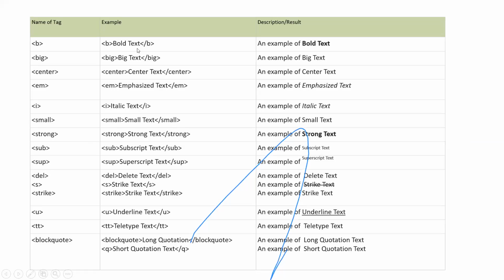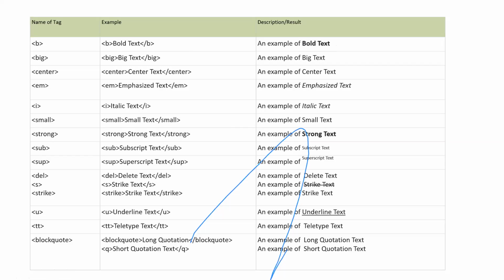Open the tag, close the tag, and between them you write any text. The text becomes bold, and it appears on your web page or any kind of document. If you use this tag, you will get a result like this. This is for bolding the text.